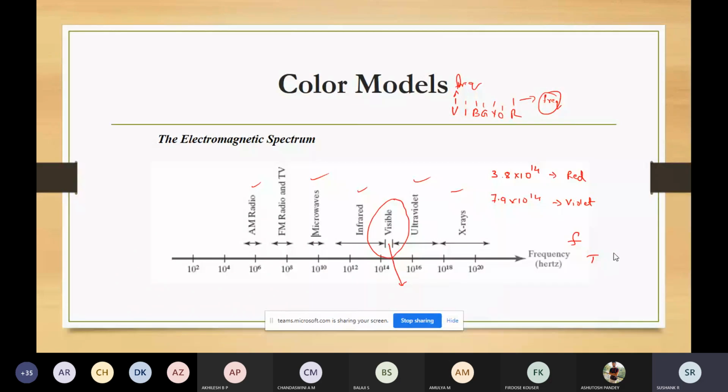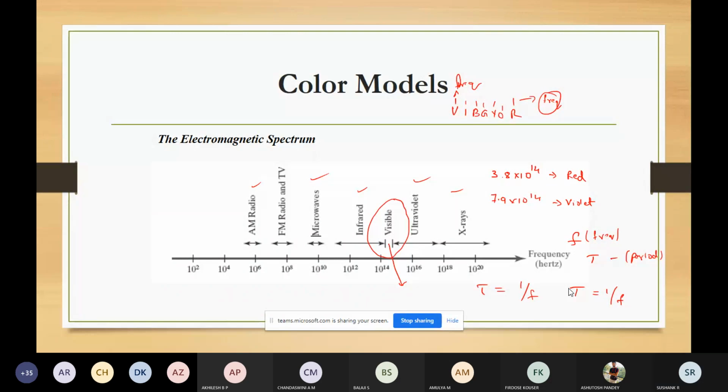So we know that the rate of oscillation of the magnetic field is governed by frequency, and the time between two consecutive positions on the wave that have the same amplitude, we will call it the period of that wave, which is the inverse of frequency. This is the time period, or period, and this is the frequency. So how are these two related? T is inversely proportional to the frequency.